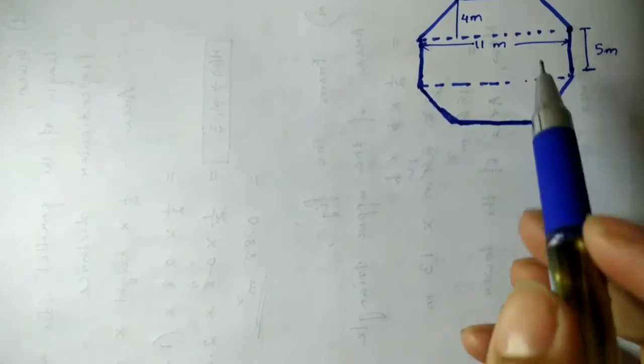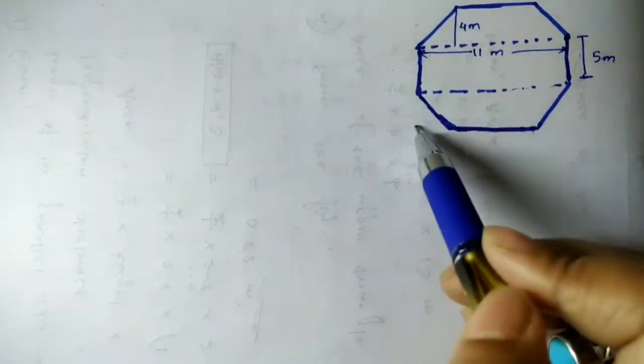So let me draw the diagram for you all. For question number 9, this is the diagram. This is the octagonal surface. I have to find the area of this. Now there is no direct formula for finding the area of a regular octagon. That is not given here for you all. So now what we can do is, you can see this line is not given in your question. I've just drawn it for reference. In this octagon, it is a regular octagon. This one side is given as 5 meter. That means if it is regular, all sides will be 5 meter each.